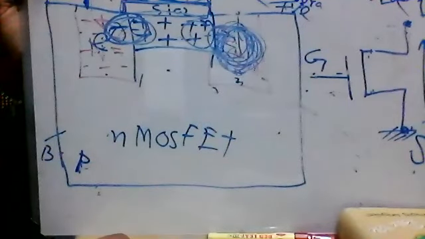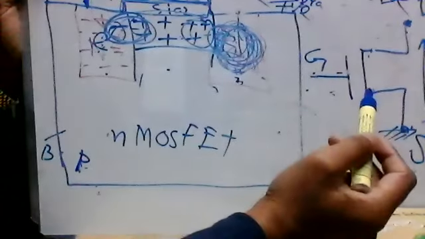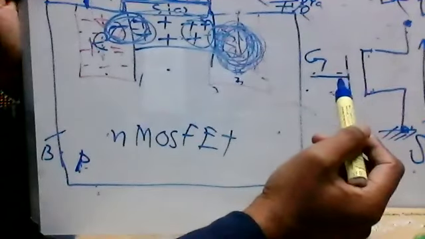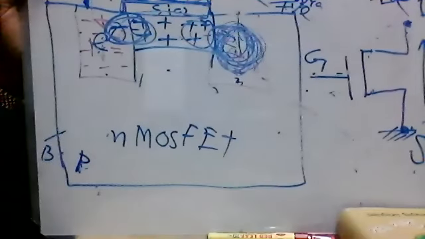No current. There will be no current also in case of negative voltage. So we must need to apply positive voltage in order to operate. Right? তুমি পজিটিভ ভোল্টেজ দিবে তখনই তোমার চ্যানেলটা ফর্ম হবে এবং তখন তোমার কারেন্ট যেতে পারবে। এবং সেটাকে আমরা বলি